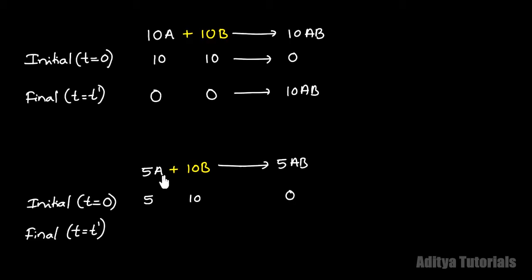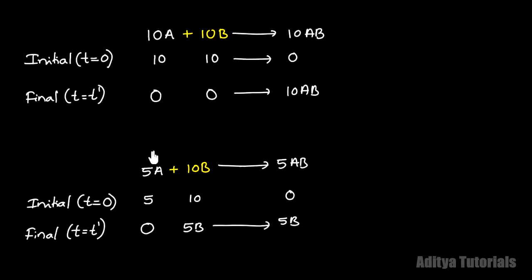Observe carefully: 5 atoms of A react with 5 atoms of B. So both are completed here, nothing is left, this becomes 0. But B is how many here? 10. So out of 10, only 5 are taken by the A. So how much remains? 5B. Therefore 5 B atoms are left. In total, how many reacted? 5A react with 5B, so we get 5AB as the product after some time.